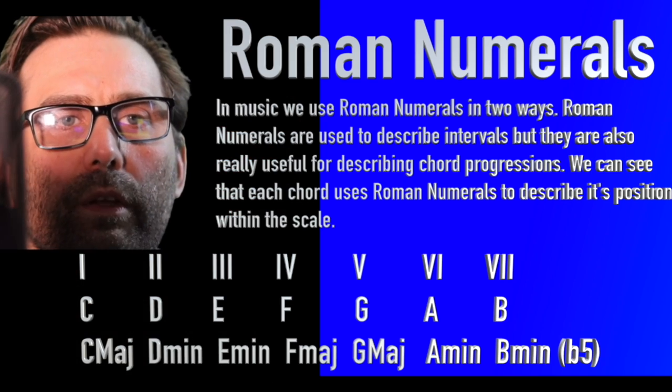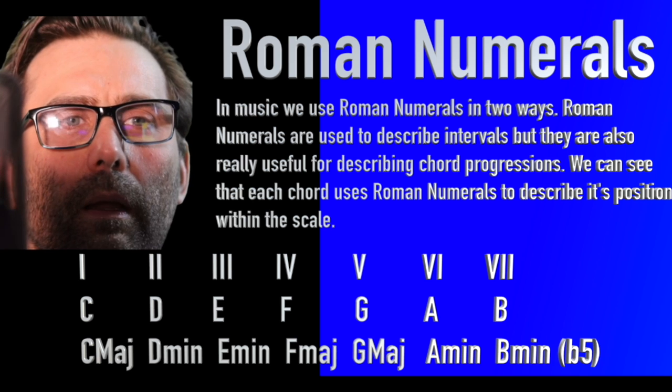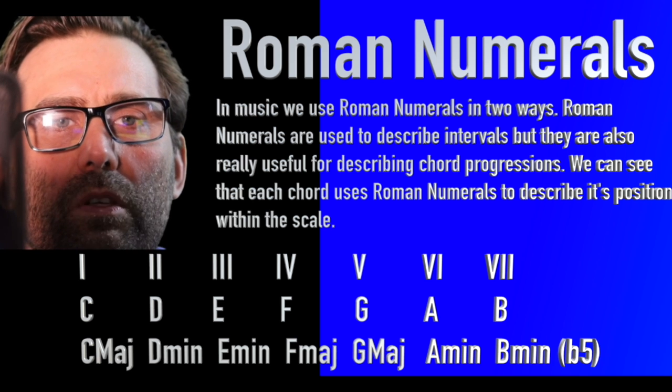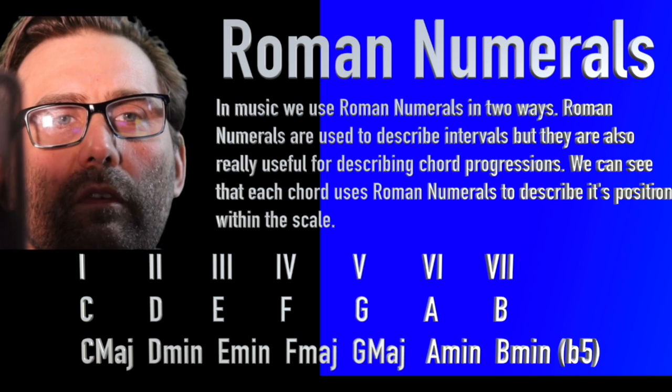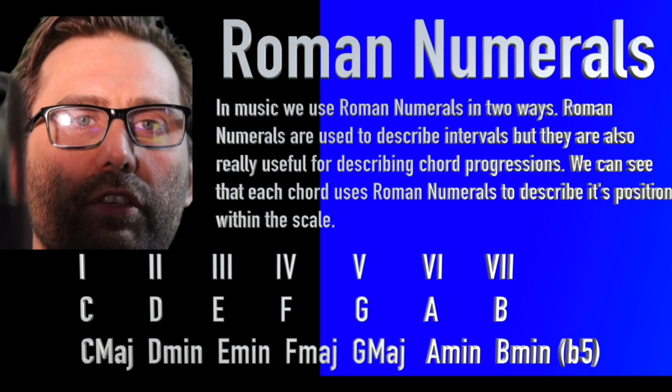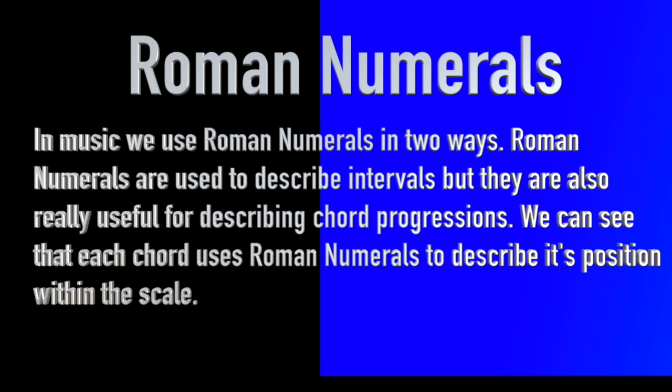In music, we use Roman numerals in two ways. They can be used to describe intervals, but they can also be really useful for describing what we call chord progressions. We can see that each chord uses Roman numerals to describe its position within the scale. For example, C number 1, D number 2, E number 3, F number 4, G number 5, A number 6